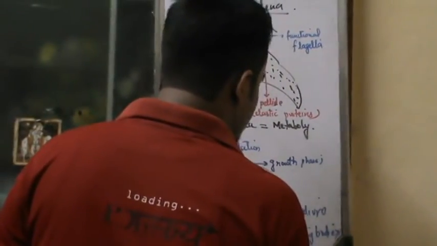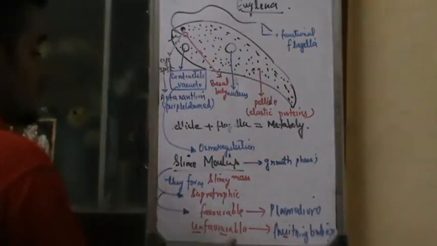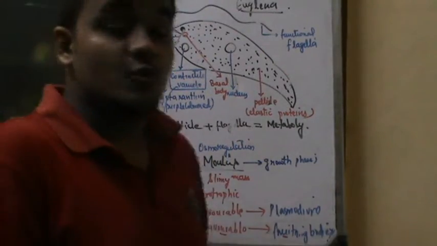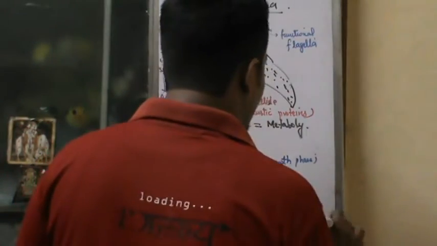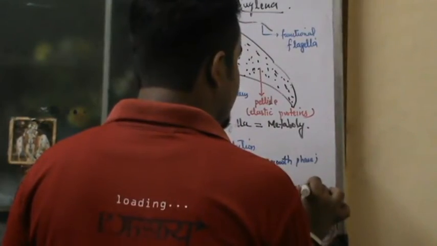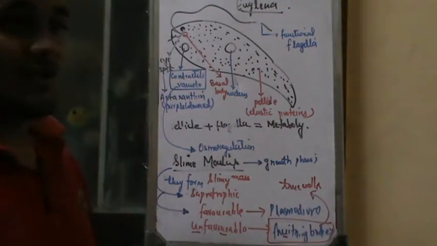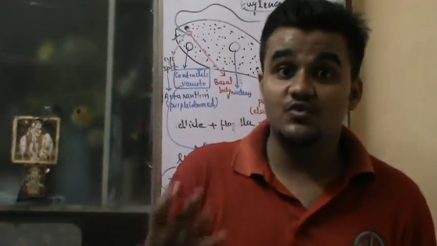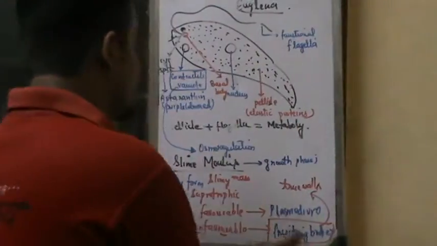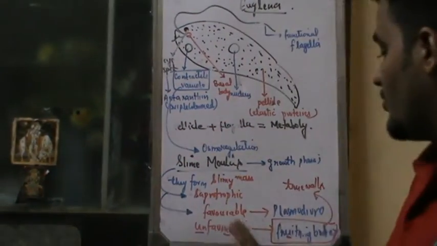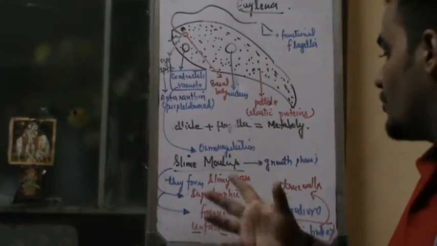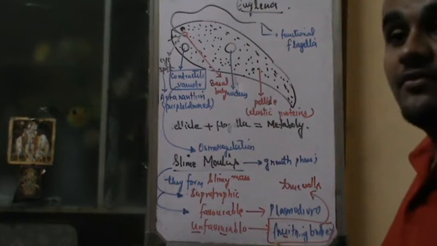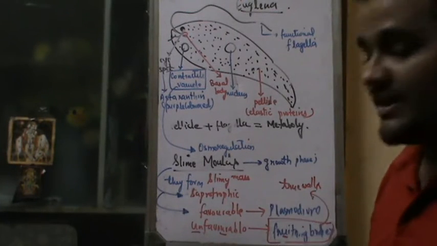The fruiting bodies are something which are going to have the so-called true walls. It's a very important point that you have to remember. Since they have true walls, can I say one thing? These can even survive for years. It has to be, because they have true walls. The only form of the slime mold which has true walls is the fruiting body, their developing or growth form. In unfavorable condition it forms a fruiting body, which protects it for years. And it has true walls, and that's why it protects them for years.